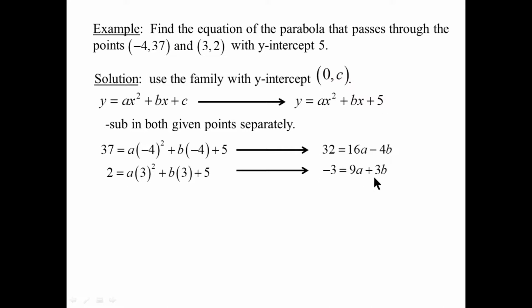Now we have two equations and two unknowns, a and b, and so we have to go back to grade 10 and do elimination. So taking this equation and dividing through by 4 because we can, and taking this equation and dividing through by 3 because we can,